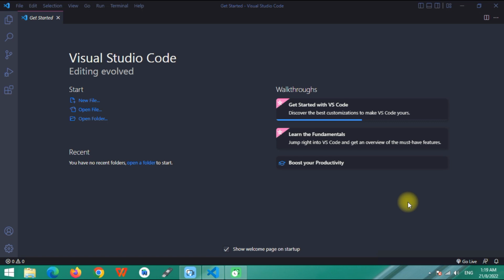Today we are going to learn Tailwind CSS. First, you have to install VS Code. To install VS Code, make sure that you have watched my Introduction to HTML video. Anyways,